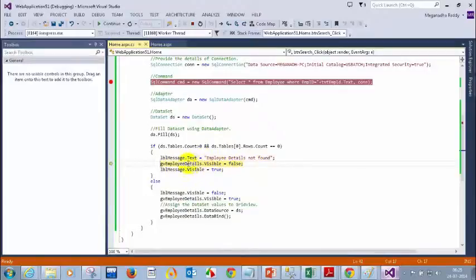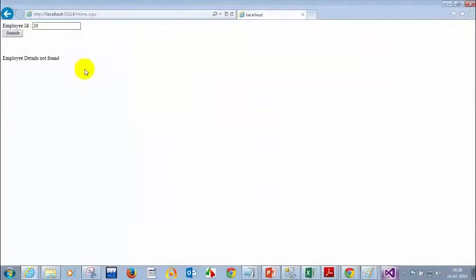I should display this message that employee ID not found. That's why I'm writing GridView.Visible equal to false. When you write visible equal to false, it will not show the grid view. When you write visible equal to true, it will show you the label. So press F5. This is how you have to write your code.